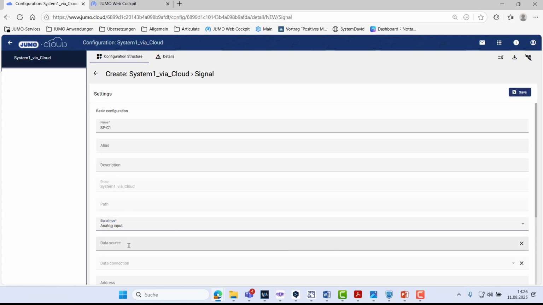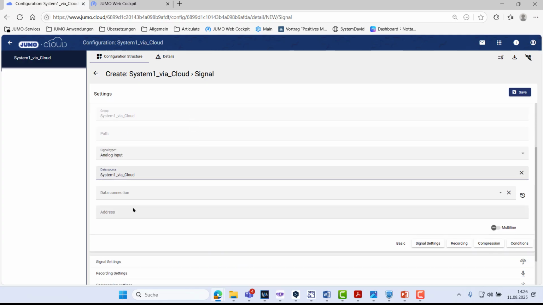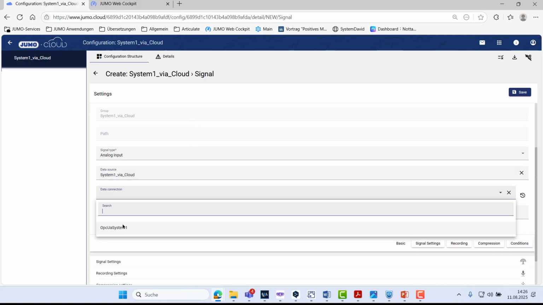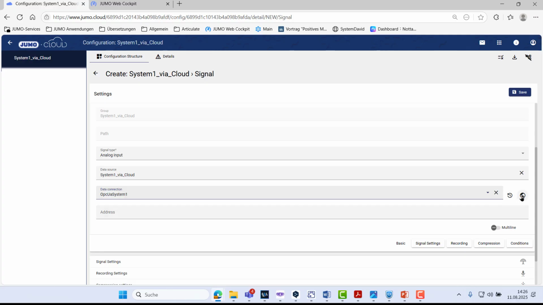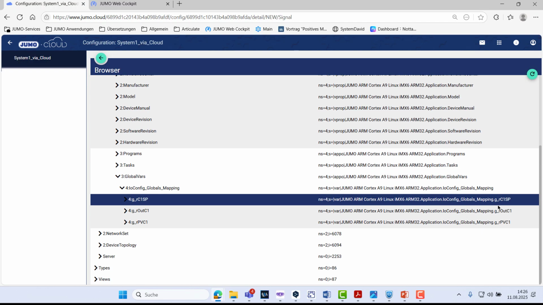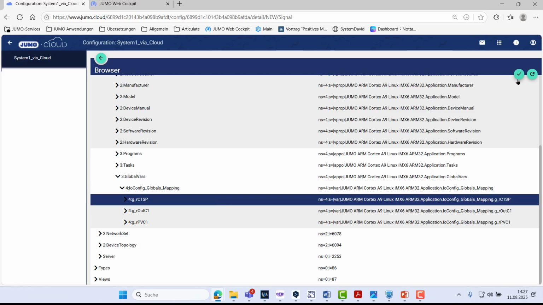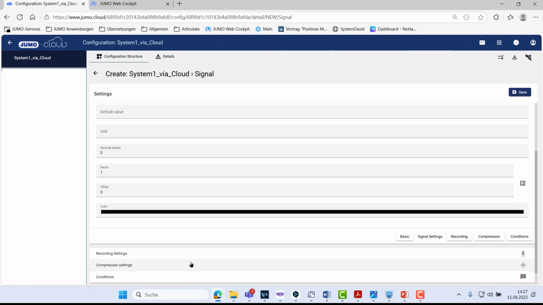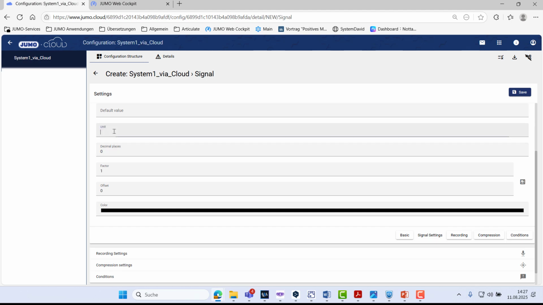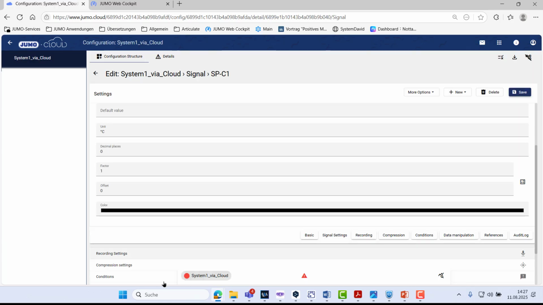I specify the data source, my Varitron system. The set point is also transferred via OPC UA, and I select the set point from the variables made available to me via OPC UA. The unit for the set point is also degree Celsius. I save the signal and transfer the changes to my data source.